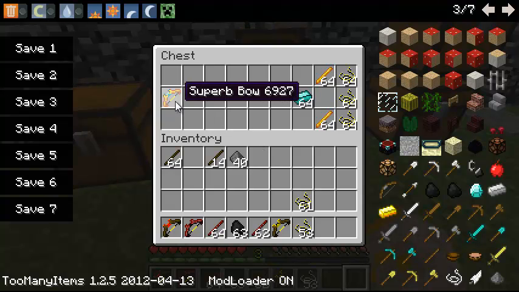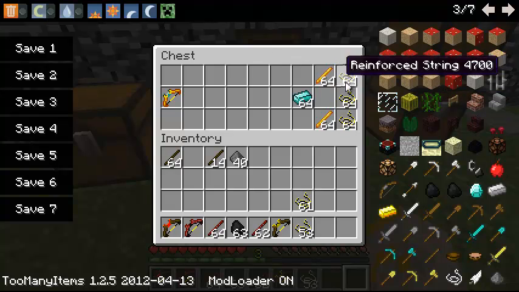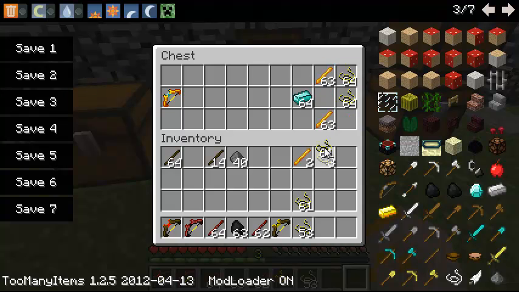And you come over here, and this is the superb bow. This is the last of the basic 3x3 bows, and this is extremely powerful. So you need 3 reinforced string, and remember when I said there were 3 sticks that this mod uses? Blaze rods are the third type. So if I was to get like that,